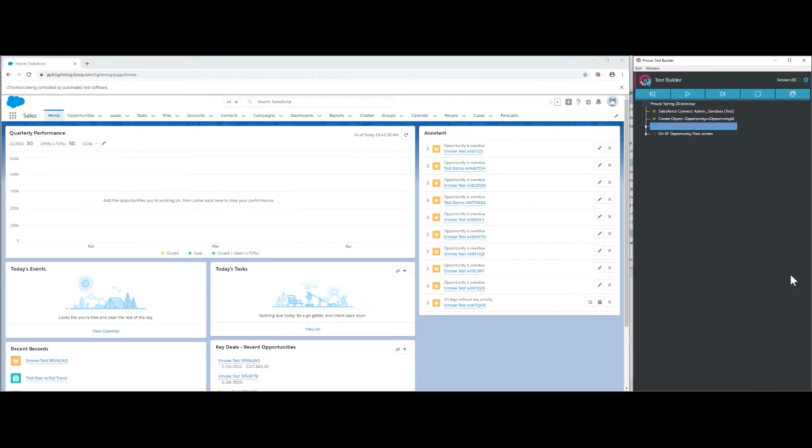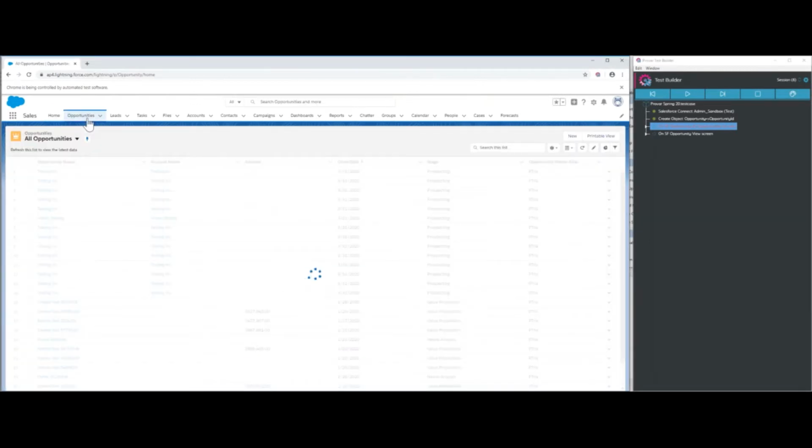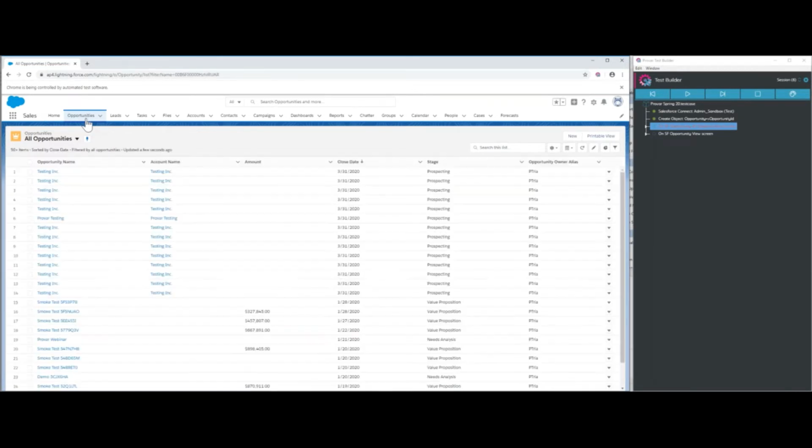Now I want to give a brief highlight onto some of the feature changes that I showed you in the previous slides. So for example, using a function to access a row inside of a table. So if I go to the opportunities page, this particular test case, I've already created an opportunity via the API. This is the opportunity that I've created. So if I want to right click and add this to my test case,